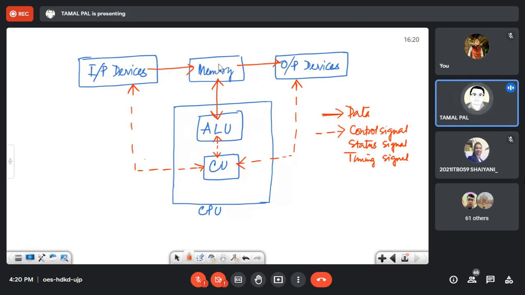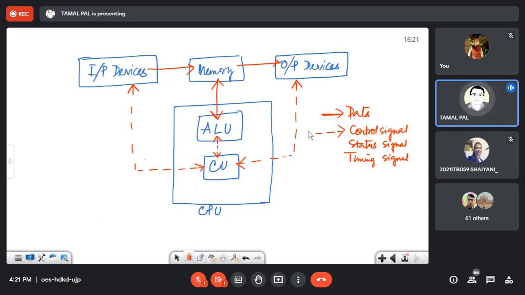It enters into memory, it stays for some time, and then it is fetched by the CPU into the arithmetic logic unit. Actually, it is not available in the ALU, it is available in CPU registers. The ALU uses that data from CPU registers. I think you know it. And then it writes the result back into memory, and the result is again sent to output devices for display or any type of output, let's say printing.